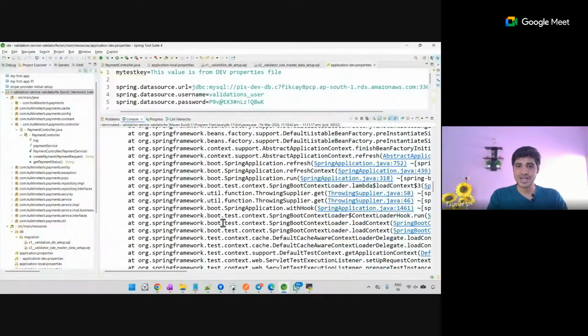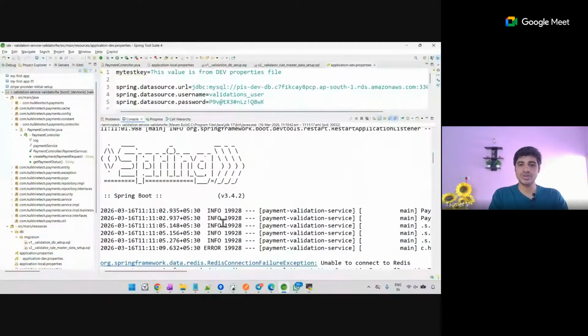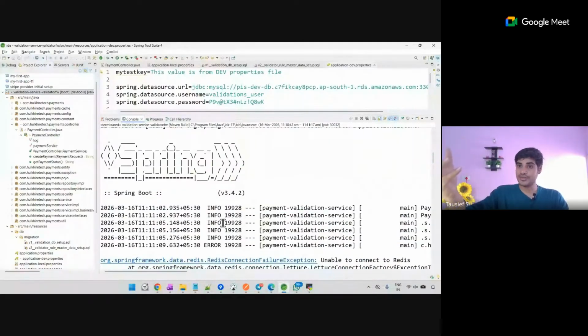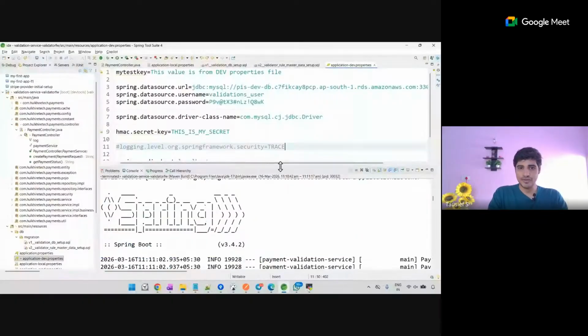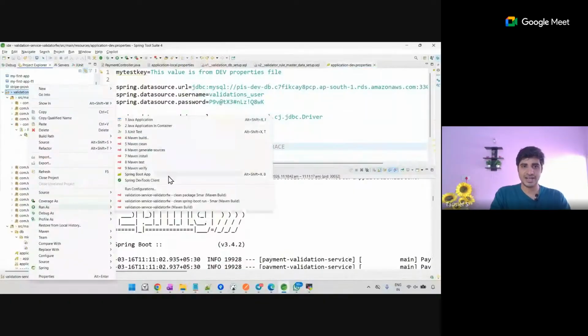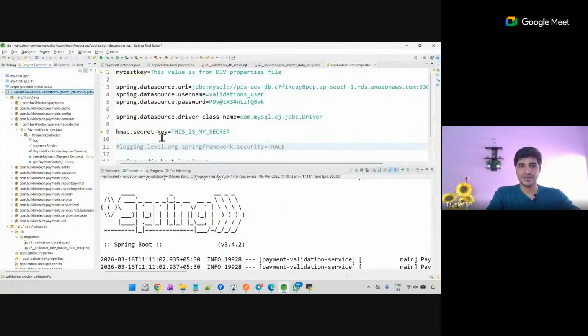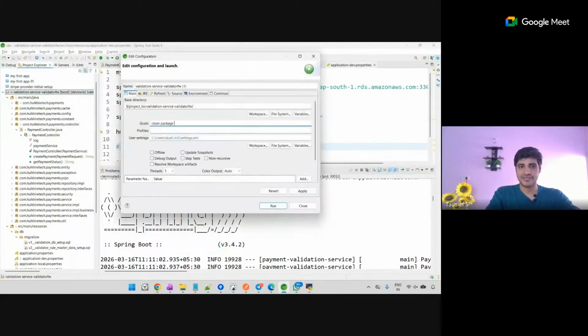So these kinds of things will happen. Sometimes when you are trying to run or build for the environments, the test cases will expect environment-specific things to be up and running. But if you don't have them in local, those things will result in test case failures. In such scenarios, you can simply right click, run as Maven build, clean package -P dev, and then do